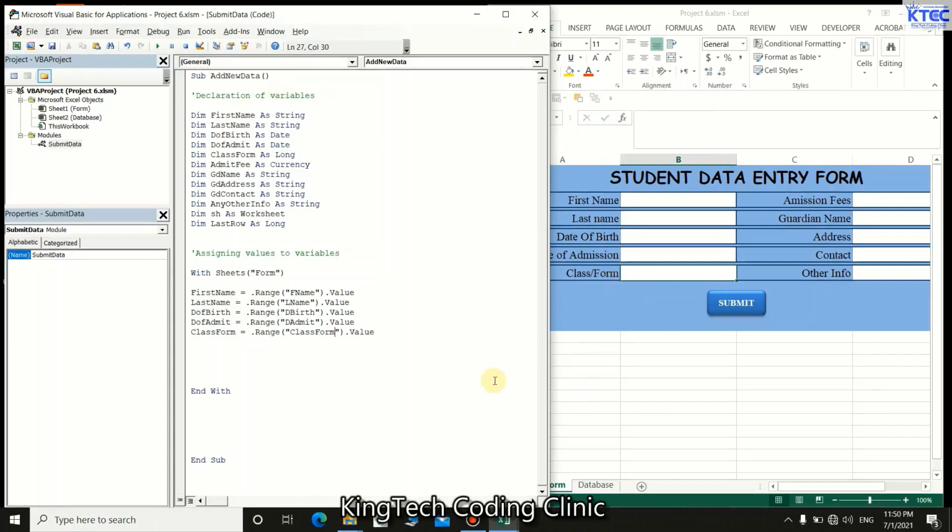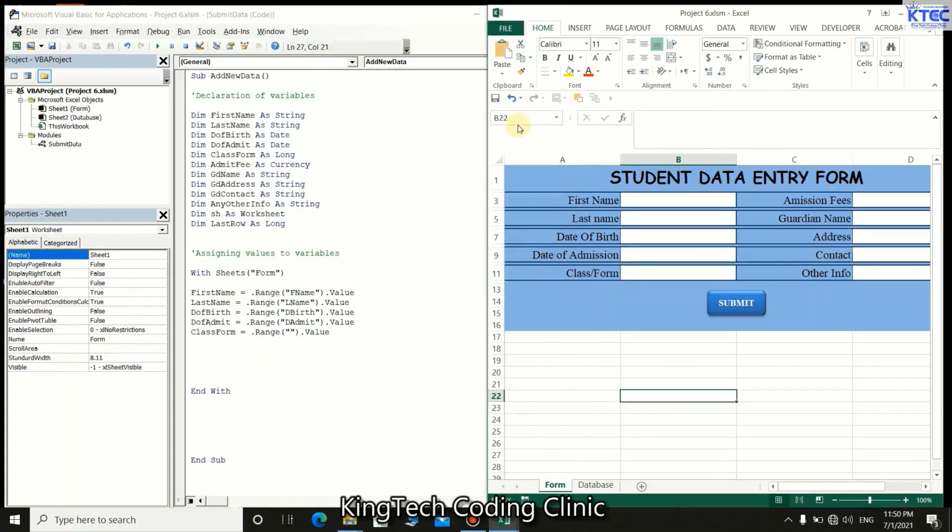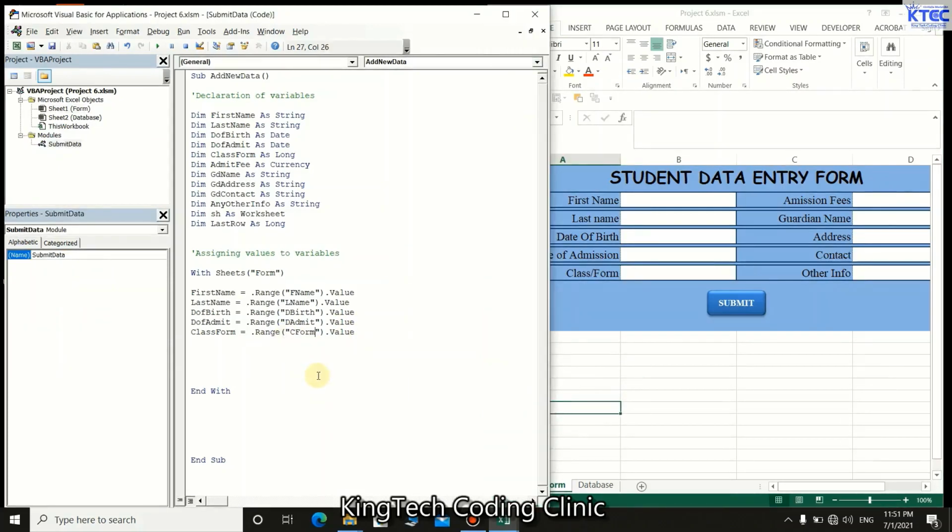So it's not well copied. Take this. Control C to copy. Control V to paste. We have that perfectly. Now the next one is admission fee. Control C to copy this, and then Control V